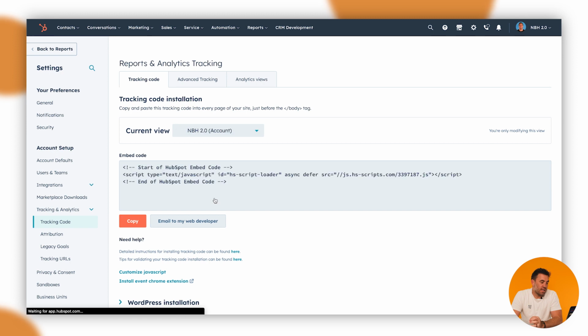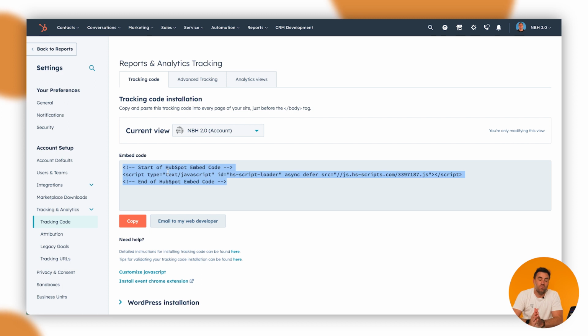And what we'll have here is basically the embed code that you want. So for those playing at home and know what they're doing, this is the code that you need to be pasting into the head of every single page that you want to track. So remember, this will track your traffic. It will also track form submissions if they aren't HubSpot forms, but it'll also help get that cookie onto the visitor's computer so we can start actually tracking them within HubSpot and actually start seeing their behavior and activities as well.